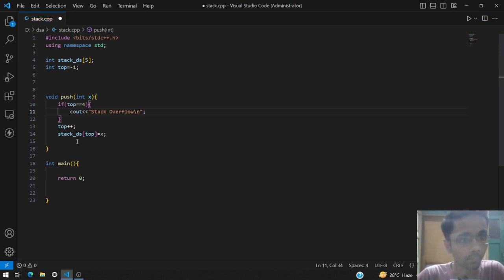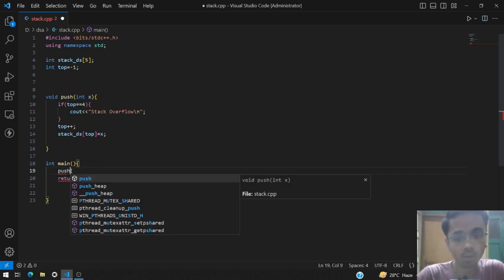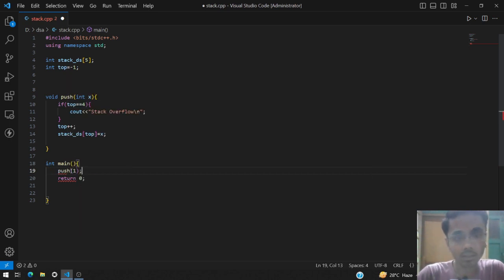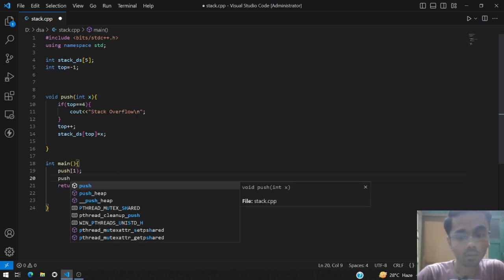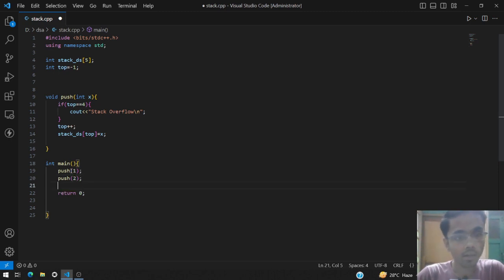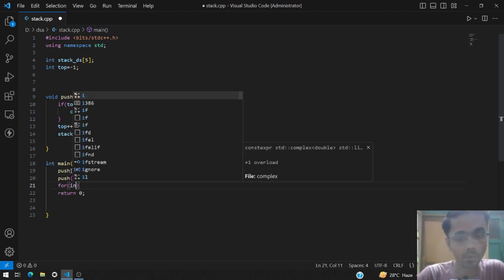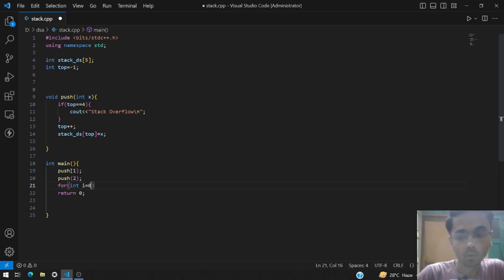So this was about the push function. Let us see if this is working or not. Let us say we inserted 2 elements and just print all the elements. So basically we will go from 0 till the top element.